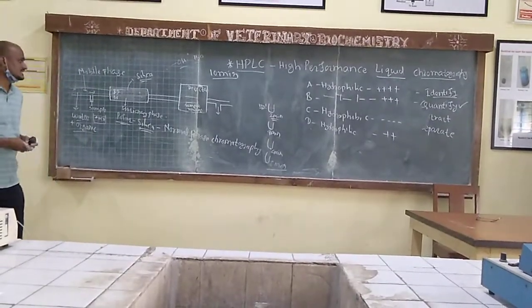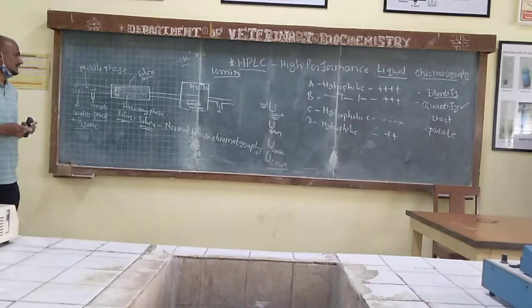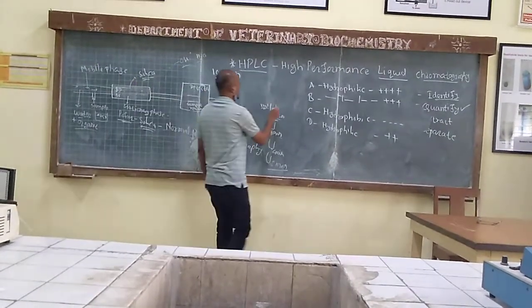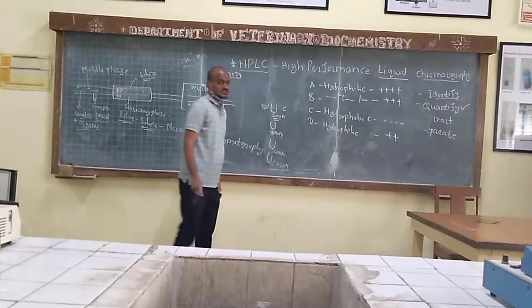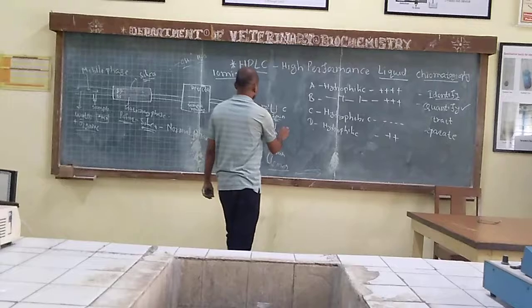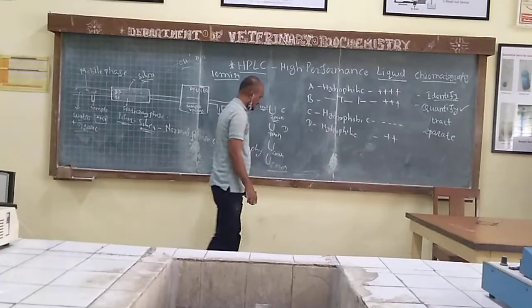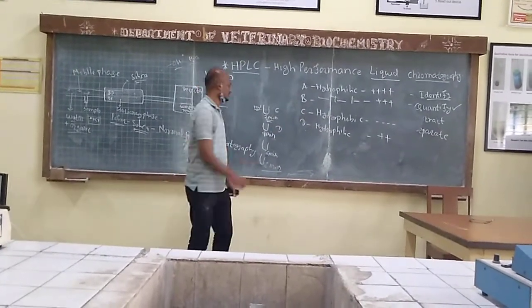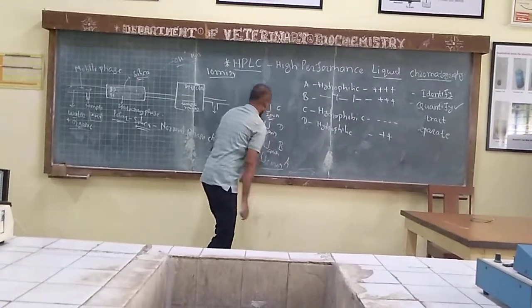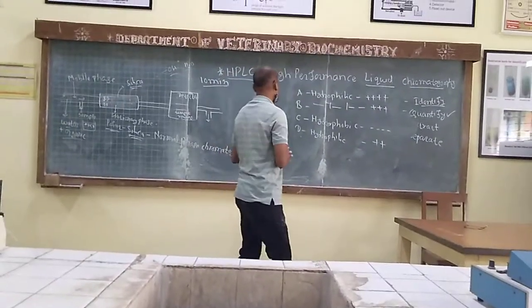So after 2 minutes, which sample will we get in the 2 minute sample? C. Which sample will we get in 4 minutes? Which sample will we get in 6 minutes? A. Okay. Why will we get C sample in the